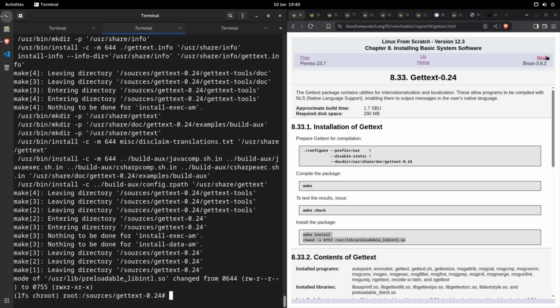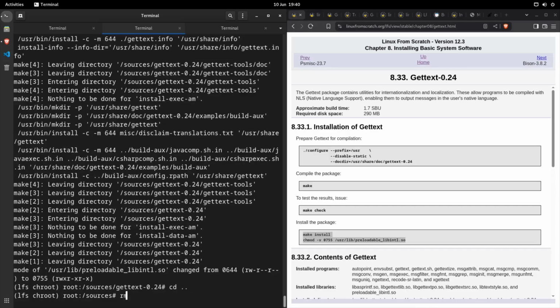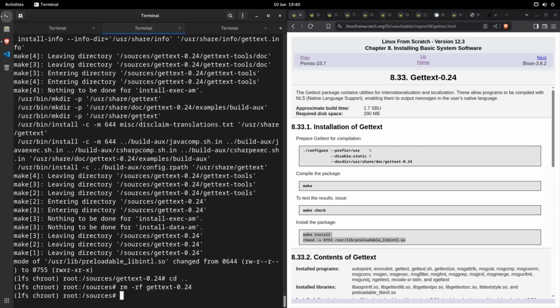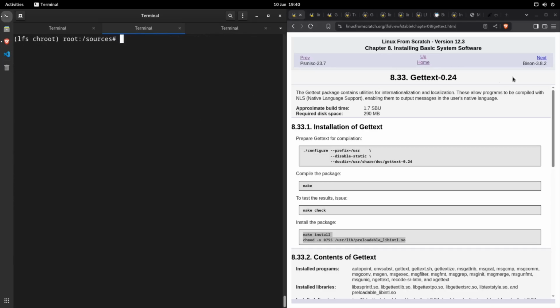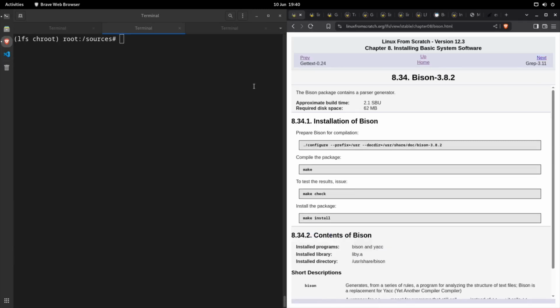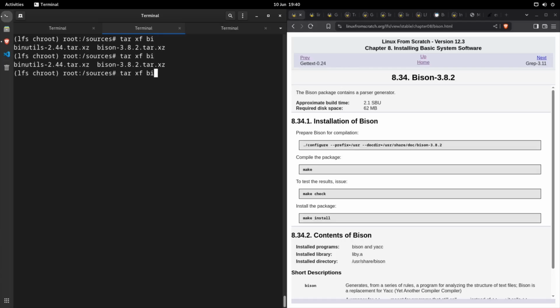Right, so we need to install Bison. So before we do that, we cd out, we rm -rf gettext, and we clear that. We go next, we do tar xf Bison,